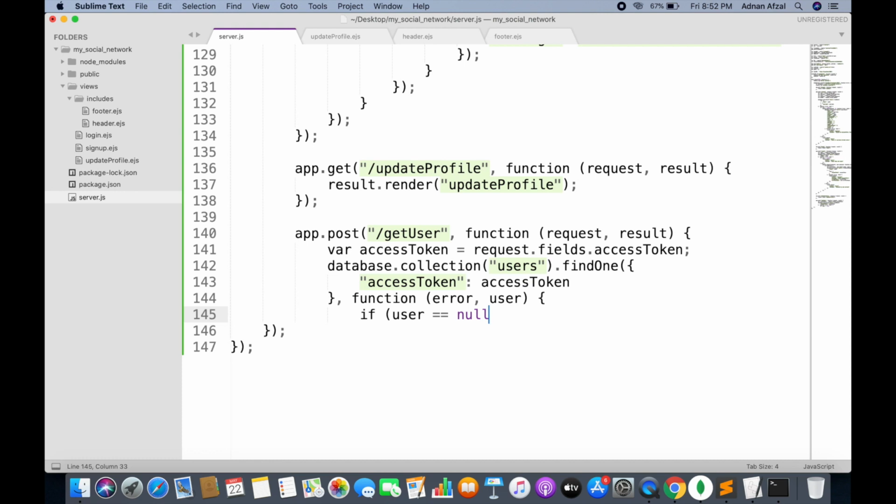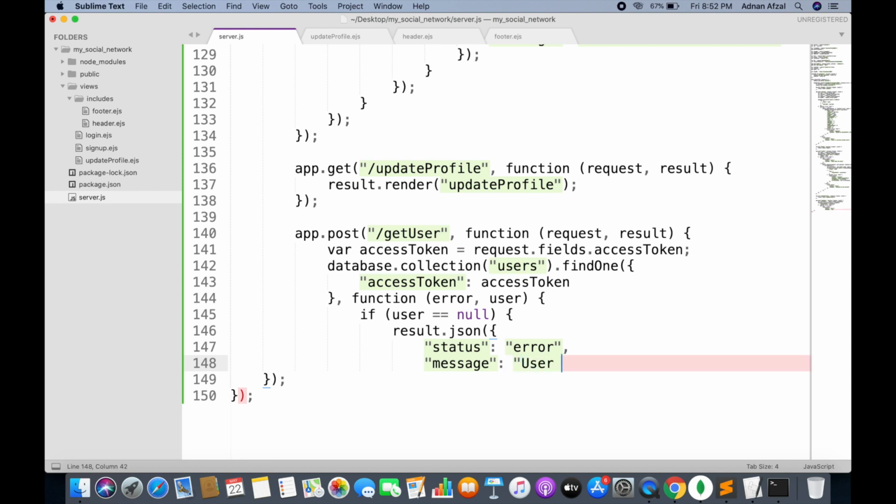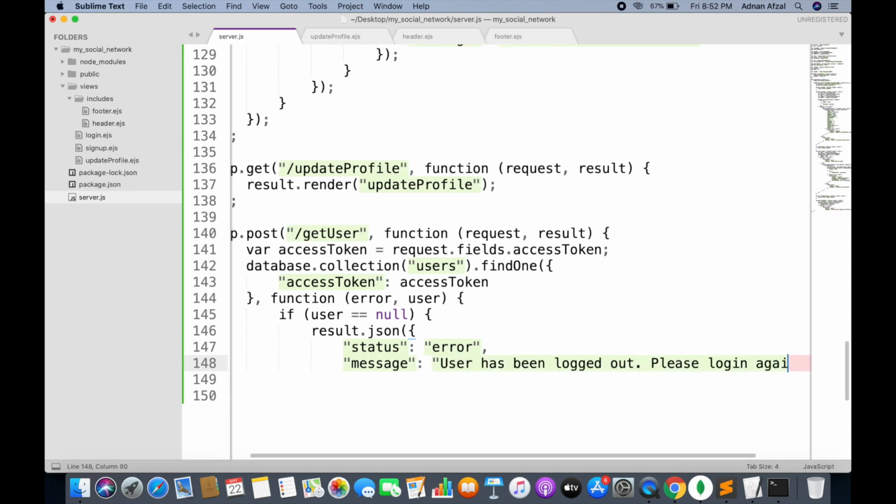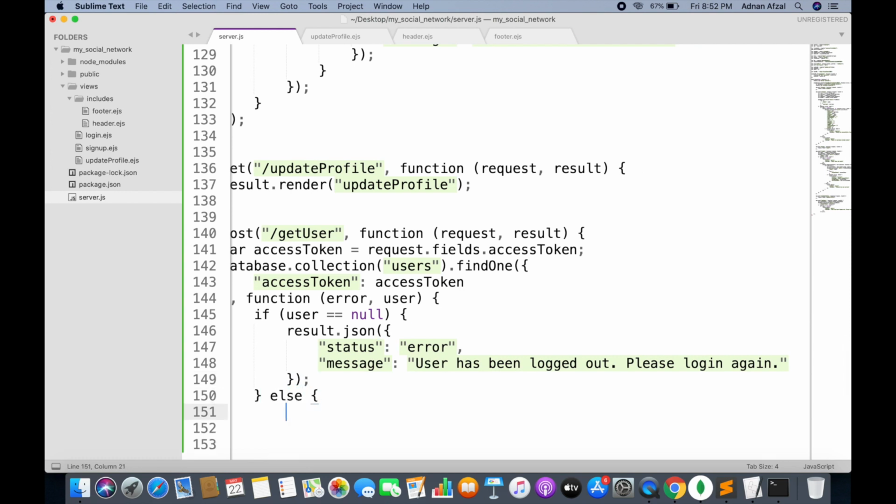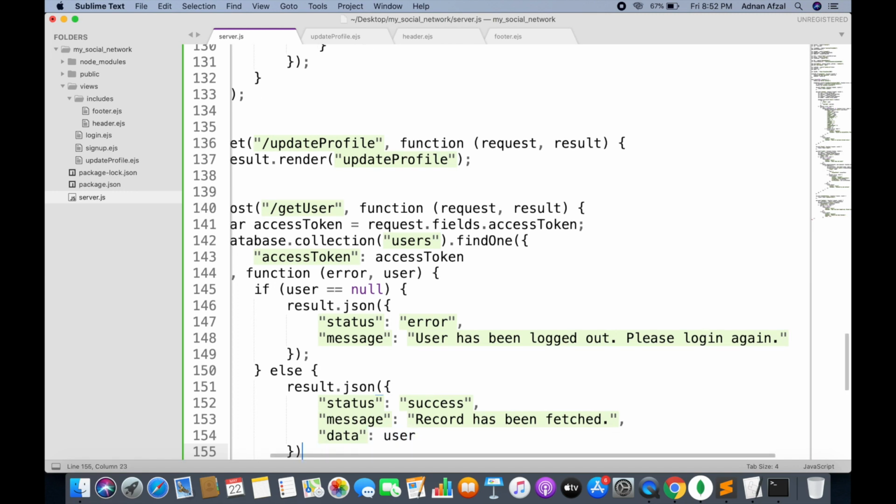If the user does not exist, then we are simply displaying that the access token has expired, so the user must log in again. And if the access token is not expired, then we are simply sending the user's data back to the client.